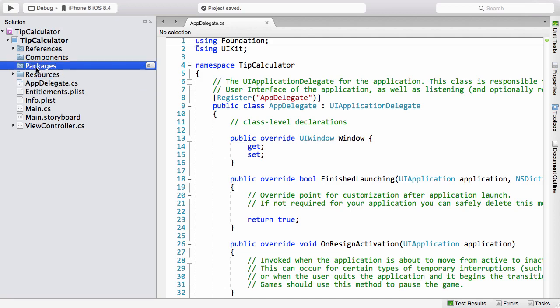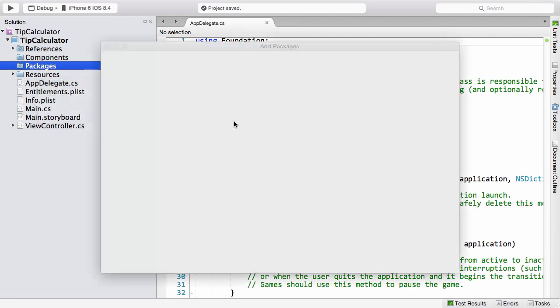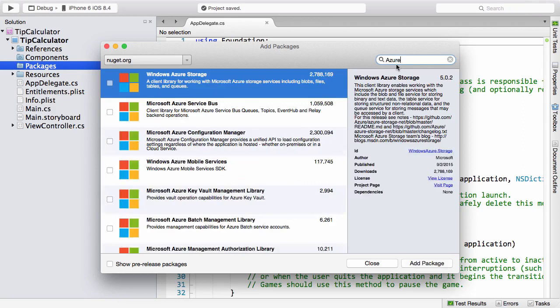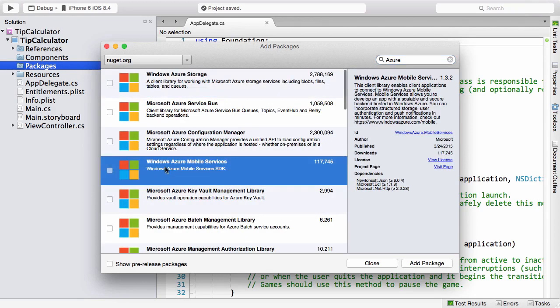Packages is for Microsoft's distribution mechanism, which is NuGet. And so if I right click on this, I can add new packages. And notice that, for instance, if I were searching for Azure Mobile Services, that it actually exists here in NuGet as well. And so if it's in both places, I would recommend that you actually prefer NuGet over the Xamarin Component Store. Typically, NuGet gets updated a little more frequently, and often, in fact, the Xamarin Component Store will simply